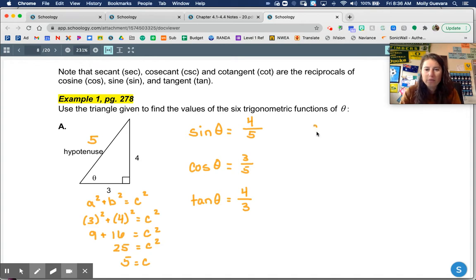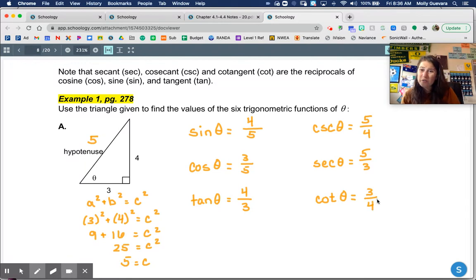And then when I go to find cosecant, it's just the reciprocal of sine. So that becomes 5 over 4. If I want to find secant of theta, it's the reciprocal of cosine. So that would be 5 over 3. And cotangent of theta is the reciprocal of tangent. So 3 over 4. So hopefully nothing too crazy on this page, just a nice little review of our trig